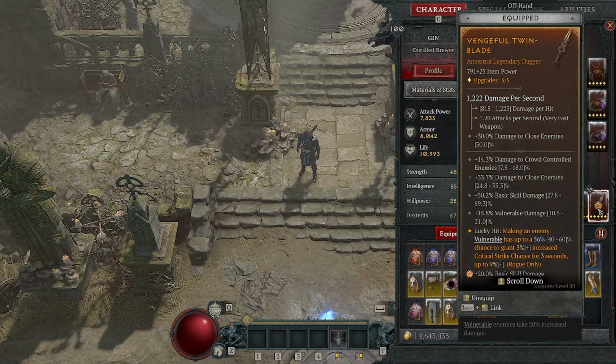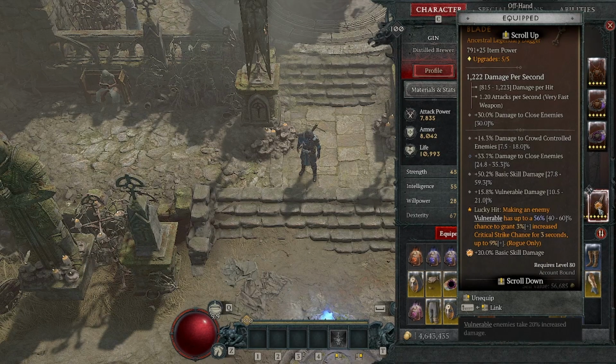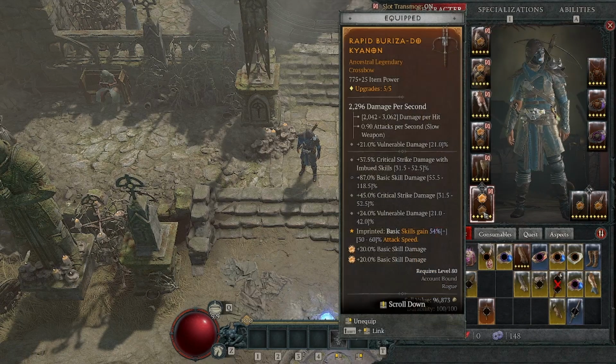For our second one-handed weapon, just want to make sure you have basic skill damage, and vulnerable damage is great too. Crit damage and all stats help as well. And for the aspect, I would want to get the aspect of Arrow Storms here, I just don't have one at the moment. And then for our two-handed, we want to put the basic aspect on here, which is Rapid,